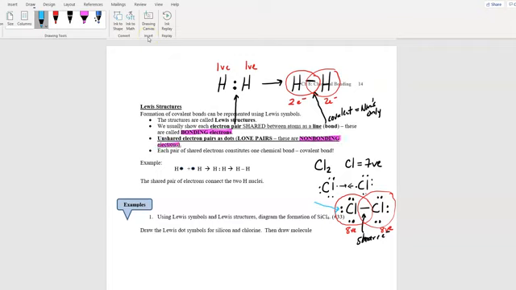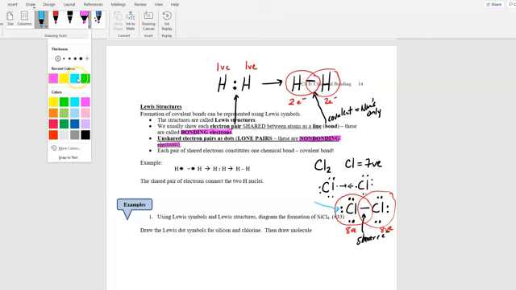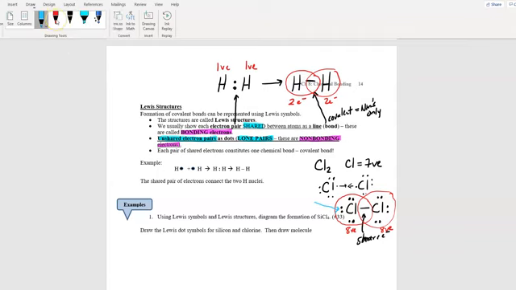So if they are shared equally, we call them bonding. If it is unshared pairs, we have a special name that we usually call them. We call them lone pairs. Okay, the loner electrons. The electrons that are just fine just being with themselves. And we call these non-bonding